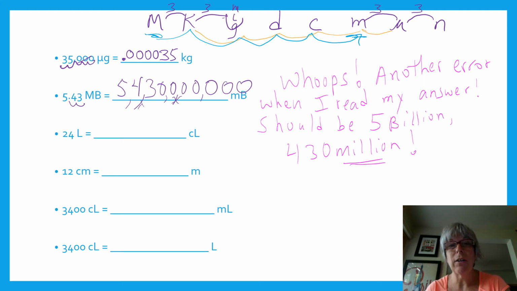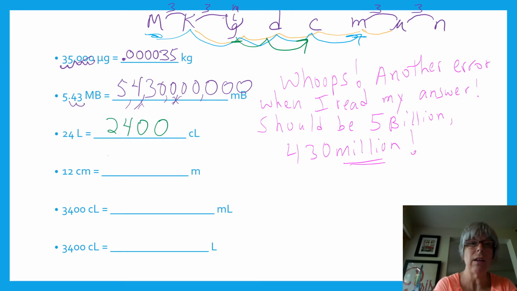Okay, 24 liters to centiliters. Liters to centiliters is only 2 places to the right. From the liter, which is in the units place, to the C, 2 places to the right, that would be 2,400 centiliters. 12 centimeters to meters, we're going the opposite way from the C to the units. It's 2 places again, so we get